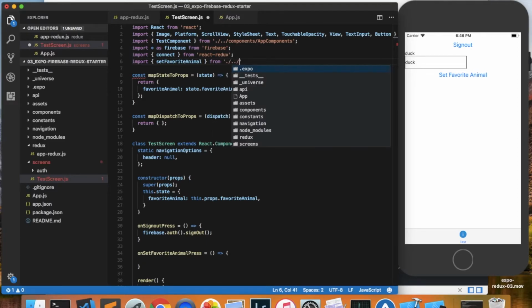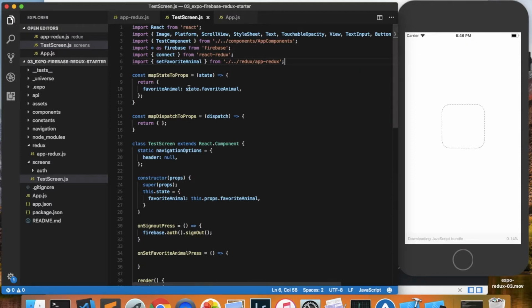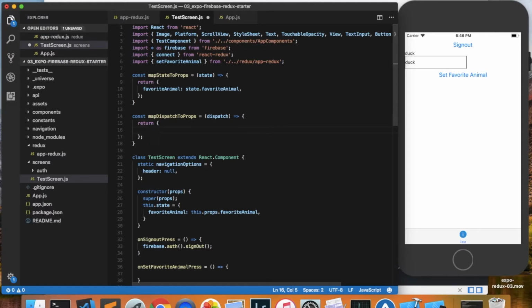from our Redux file. So that's redux/app-redux. And this is where we start to use our map dispatch to props. So what we want to do in here is we want to actually add our set favorite animal. So again, whatever properties you return in this object are going to be available in your component's props. So we'll just name it set favorite animal. And this is going to be a function that takes some text,